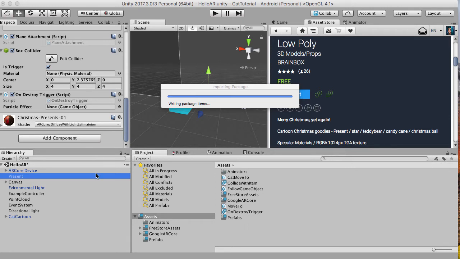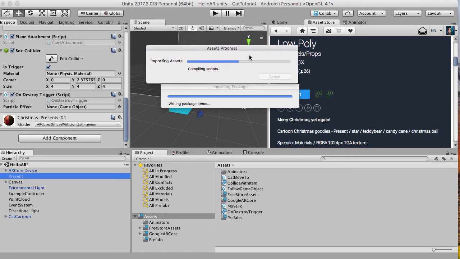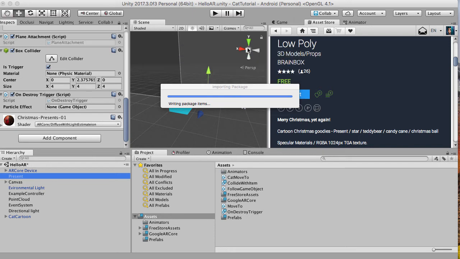You could even have it create something else. It doesn't have to be a particle effect. As soon as you hit the present, one of the other game objects, like a teddy bear, comes out, so that would work just as well. In fact, that's what a lot of people use in games where they hit a treasure chest and the treasure chest explodes and out pops another item. It's the same kind of logic. So it's just importing all of those